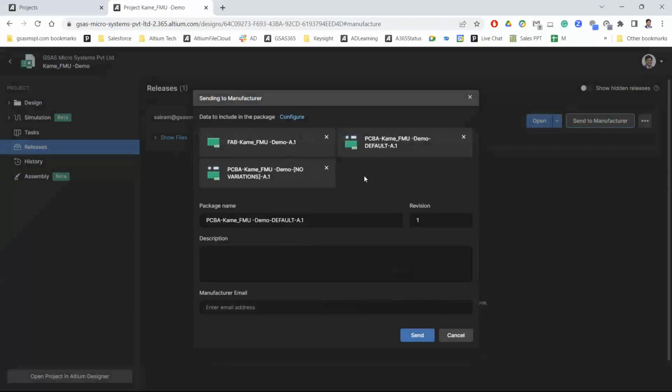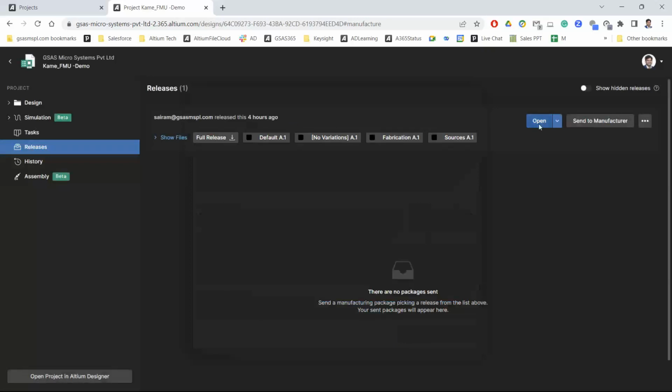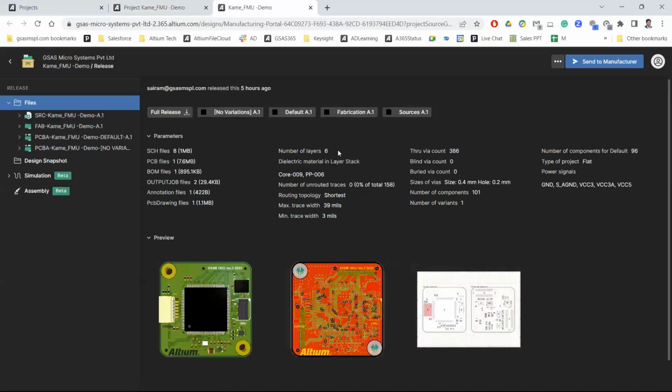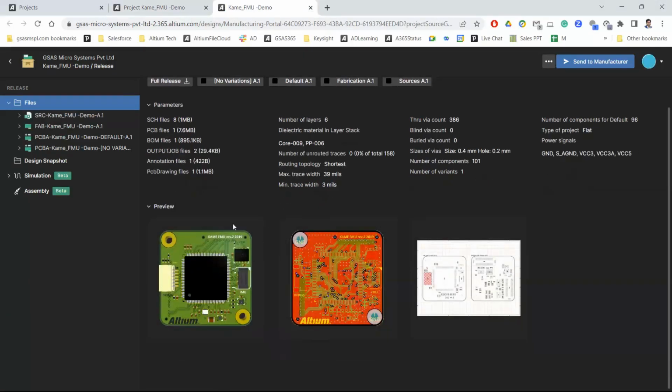For assembly, we can share only the assembly data, and for fabrication, only the fabrication data. Just by entering the email, they can directly open the design you have shared, the assembly data, in the browser itself, and they can review and revert back with their suggestions. And if you click on open, I can open the same in a detailed window with all